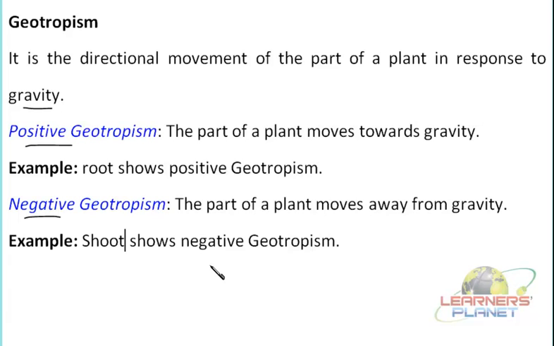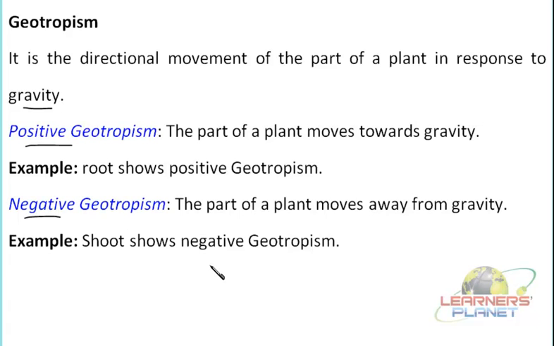I mean, they are moving, they are negatively phototropic, isn't it? So what we can summarize here is that the particular part of an organ has different sensitivity for different types of stimulus. If for something it is positively reacting, then towards the other it may be negative. And that is what is clear from the discussion about the phototropic movement and the geotropic movements.